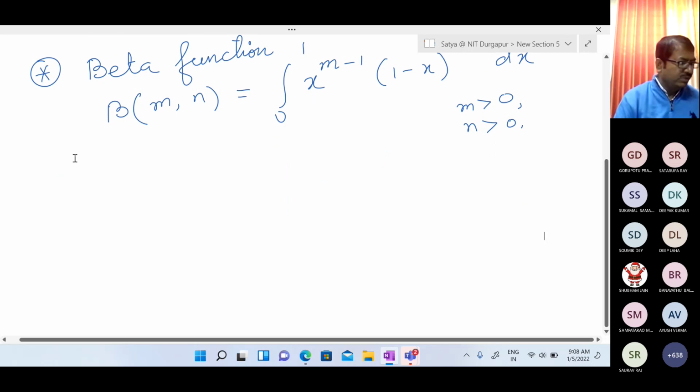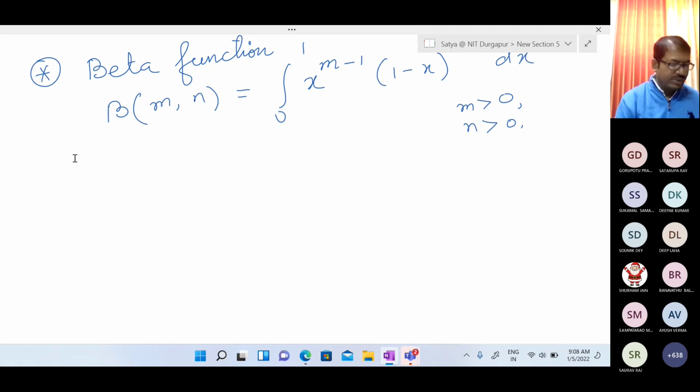So let us discuss one by one. We have only a few minutes, time is not too much. One main property is the bridge between gamma and beta, that means one relation between gamma and beta. We are trying to finish that with proof. To do that, we first need some properties. Some properties you try to understand, and some are already written in the assignment or in any book, but you need to understand them here.